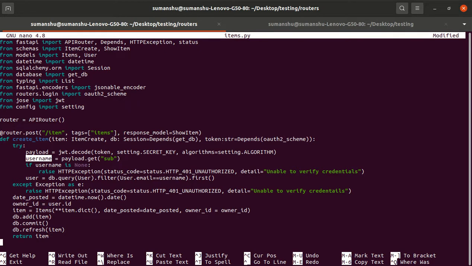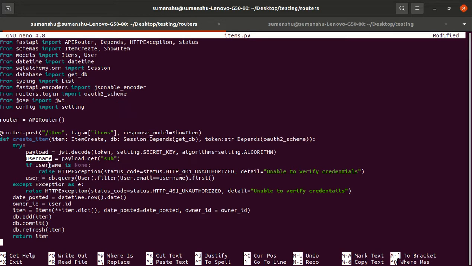Let's test this. Do we need to do anything else? I think if username is not None, it will get the username, then it will get the user, and user.id is equal to the owner ID.